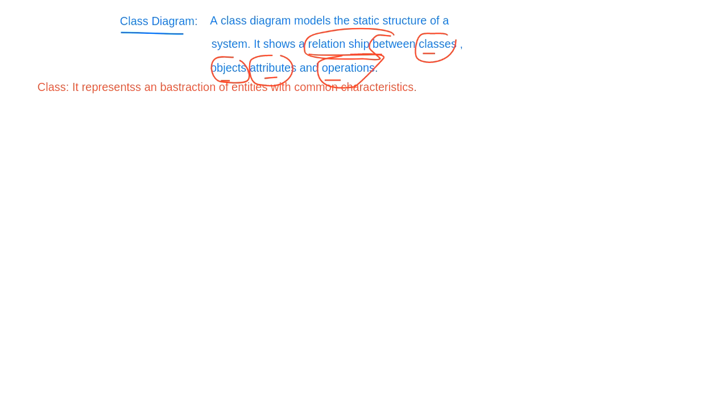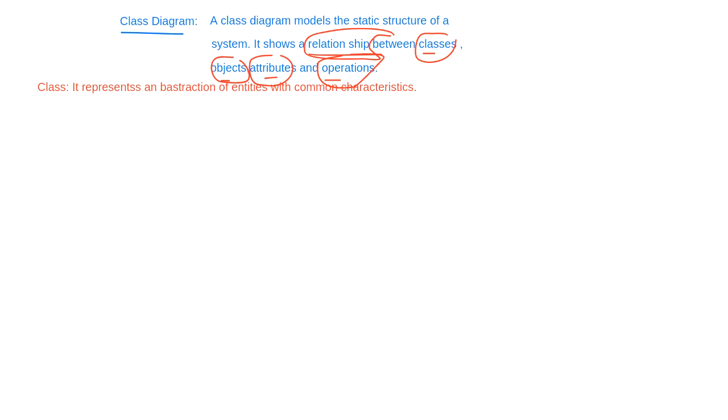Now, here is the definition I have given you, but how does it look? This is very important to know: how the class looks. In a class diagram, we will draw the class with the help of this square. Do you see this?